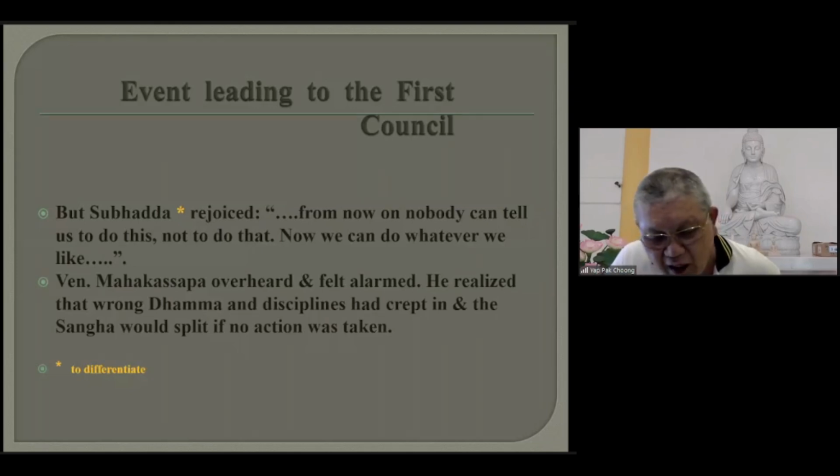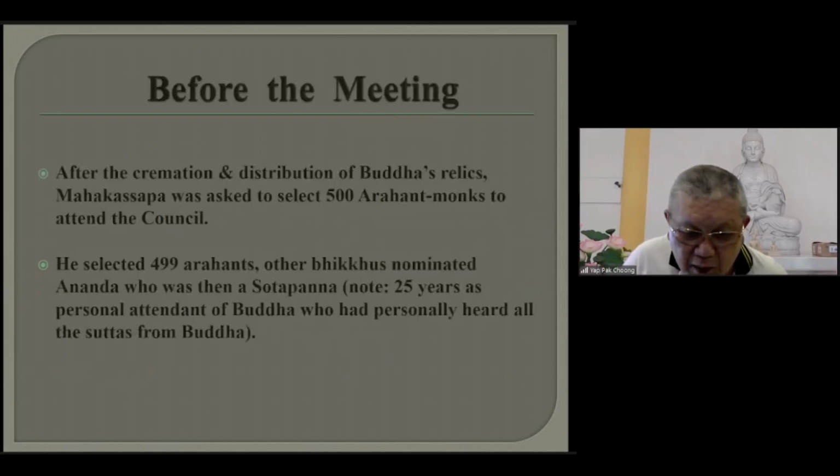You see, if every monk follows this Subhada's example, then discipline will loosen, and sooner or later the Sangha will disintegrate or split. If no action were taken, this would happen. Wrong Dharma will creep in, then discipline loosens, and then the Sangha splits. That's a dangerous thing, you see. So the whole group rushed back to